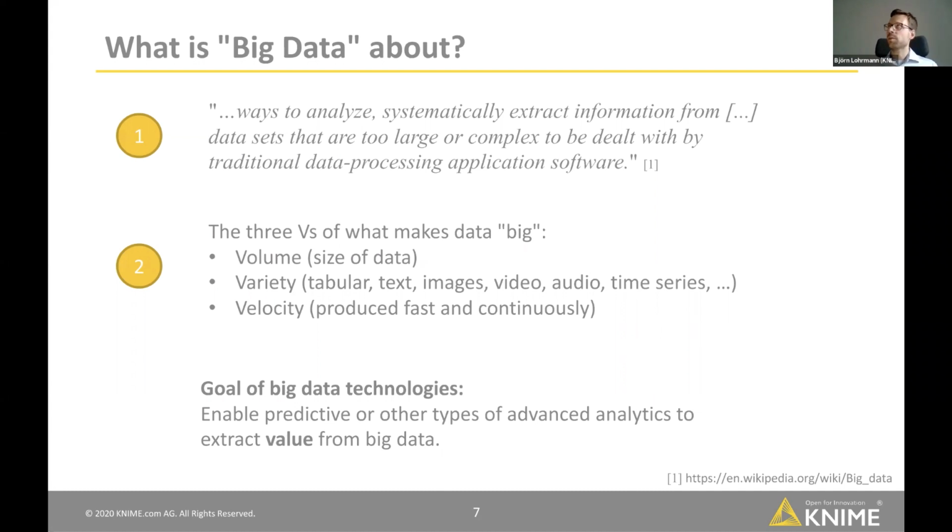In typical big data applications, data is produced continuously and pretty fast, and so you have to keep up with it. And this brings us to the goal of big data technologies. It is to enable predictive or other kinds of advanced analytics to extract value from such data.